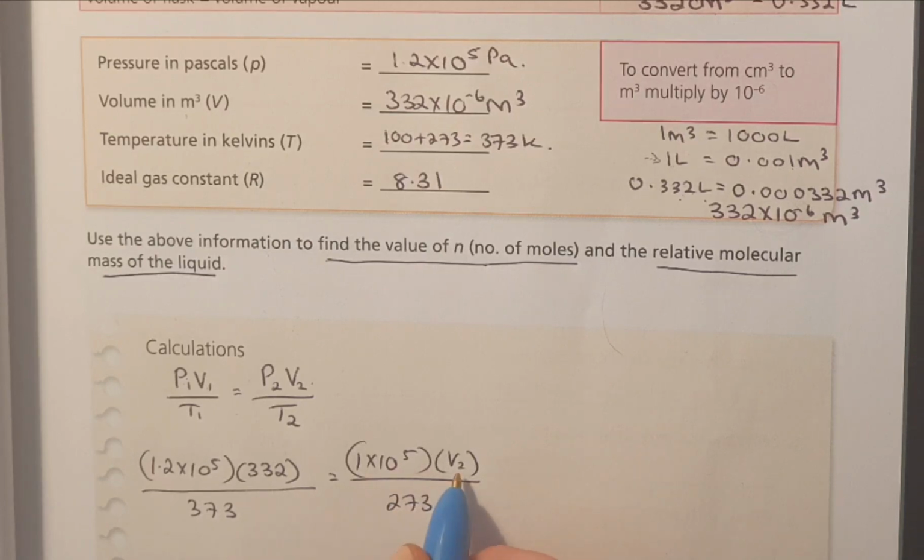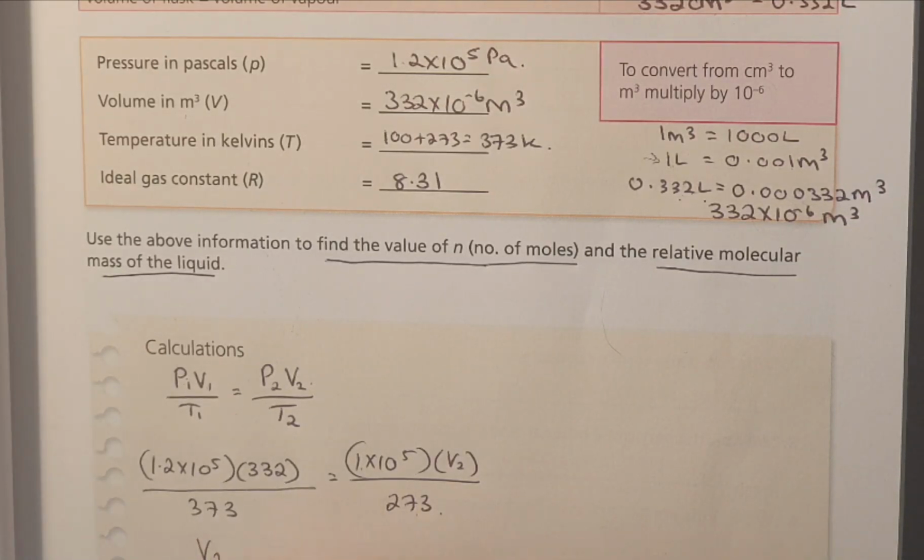Okay, so you can see I'm only missing the volume. This is the pressure at standard temperature and pressure, 1 by 10 to the 5 pascals, and then it's 273. So you're supposed to know that that is the pressure and temperature at standard temperature and pressure. So with a bit of rearranging, you'll find that the volume